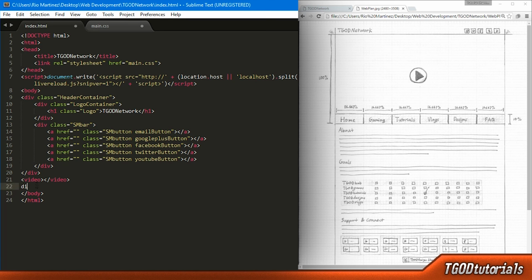So I will start off by doing a div, and of course we got to contain all these, right? They're similar elements. I got to contain all of them. So I'll do nav bar container, right? And inside of that nav bar container, I'm going to put a series of elements that I want to group together, and let's make it easier on ourselves. Let's do a div, or actually we'll make them all anchors because they will be clickable, and we do want those to be clickable. Anchors with the class of